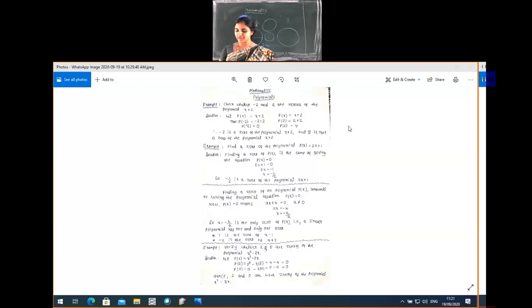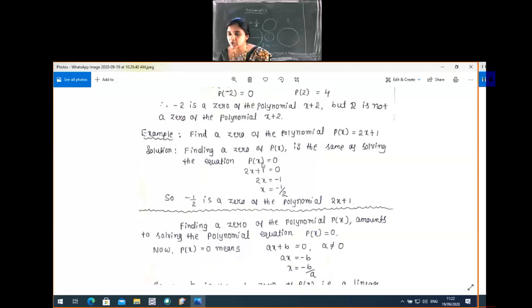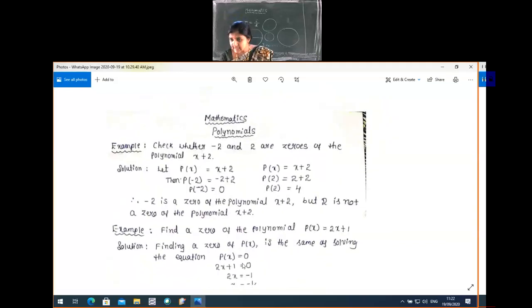We are continuing this class only, okay? So let us continue the same topic a little today. Again, I took the examples. This is in your textbook only, so we'll discuss this textbook example. Here you just observe. I'm going to continue yesterday's topic, that is zeros of a polynomial.